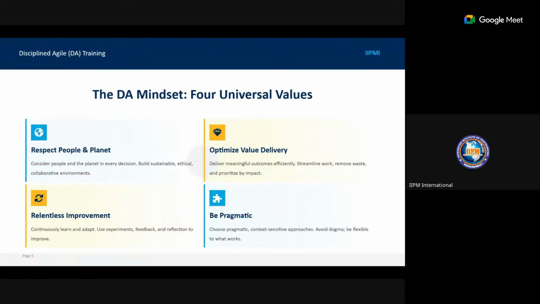Now you have relentless improvement: continuously learning and adapting, using experiments, feedback, and reflection to improve. Then be pragmatic, which is to choose pragmatic, context-sensitive approaches, avoid dogma, and be flexible to what works. If you look at these core values and compare them to the core values of Agile, you find that it's just a craft from the Agile core values.